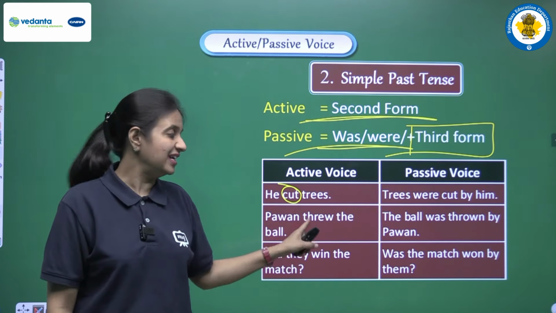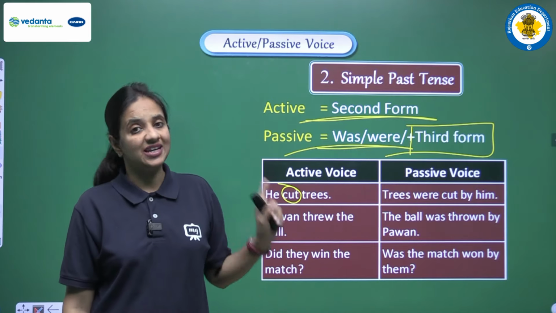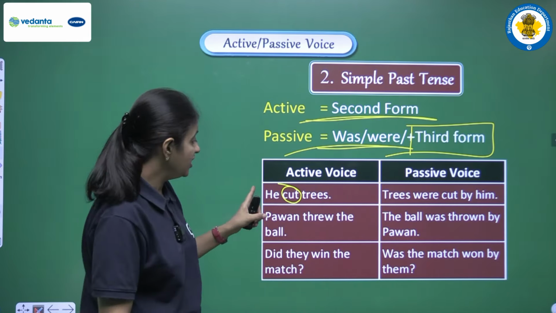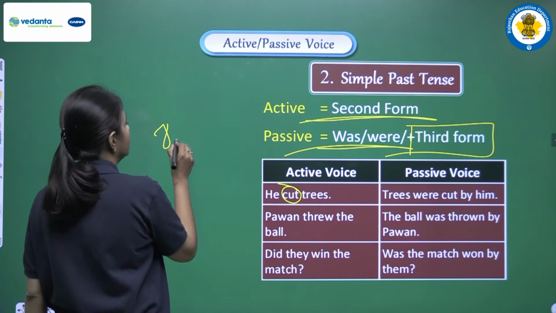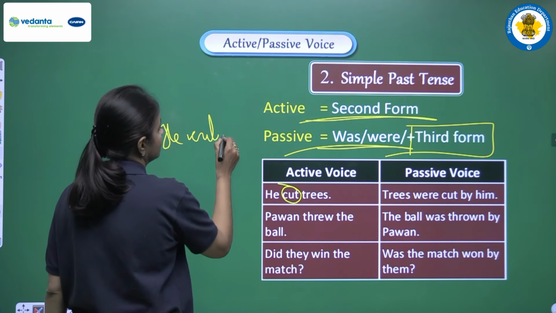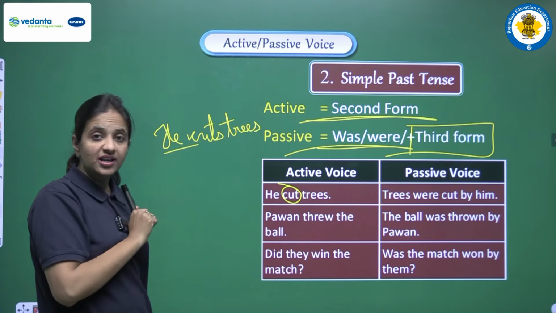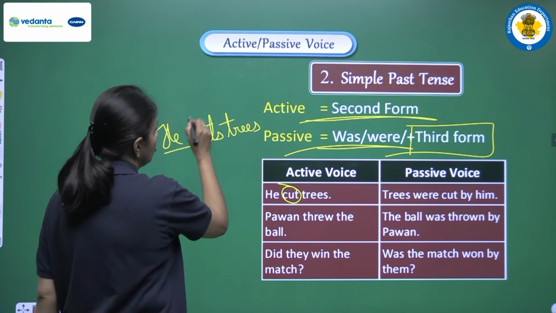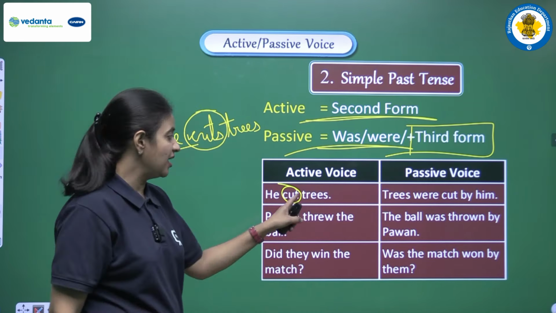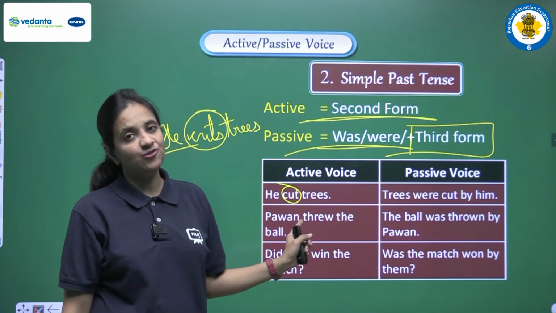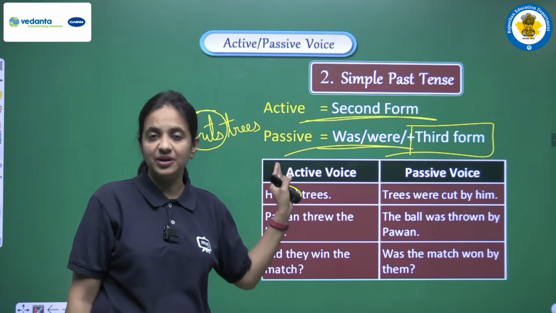Then how can we say that this is the second form? We can say this is the second form because अगर ये first form होती तो he के साथ क्या होता? He cuts trees, right? Why? बिकॉज ही क्या है? सिंगुलर है. सो अगर ही होता तो ऑब्वियसली यहाँ पे कट्स होता, लेकिन यहाँ पे अगर ओनली कट है इट मीन्स दिस इज द सेकेंड फॉर्म, एंड दिस इज द सेकेंड फॉर्म, इट मीन्स दिस इज द पास्ट सिंपल टेंस हियर.